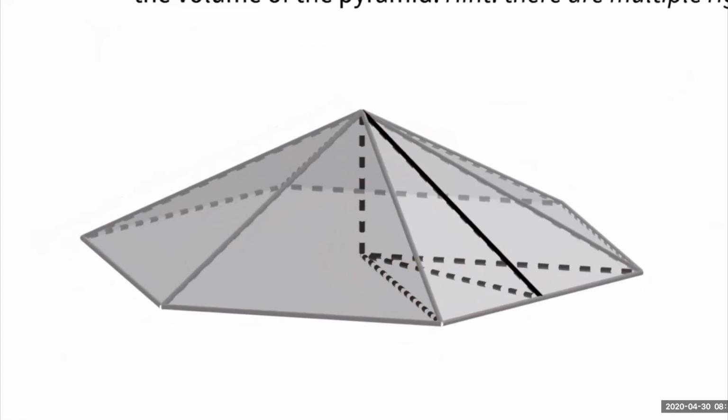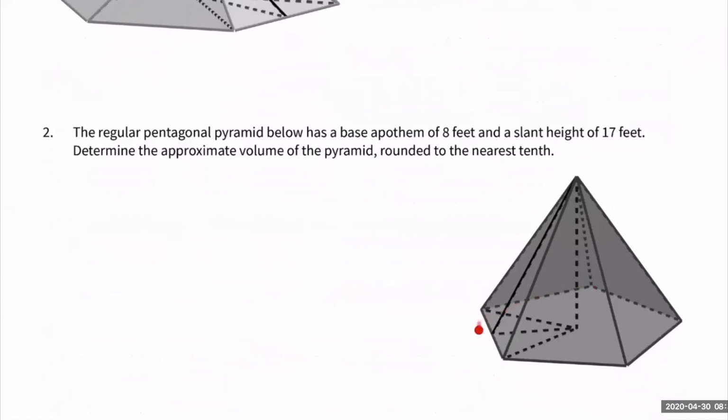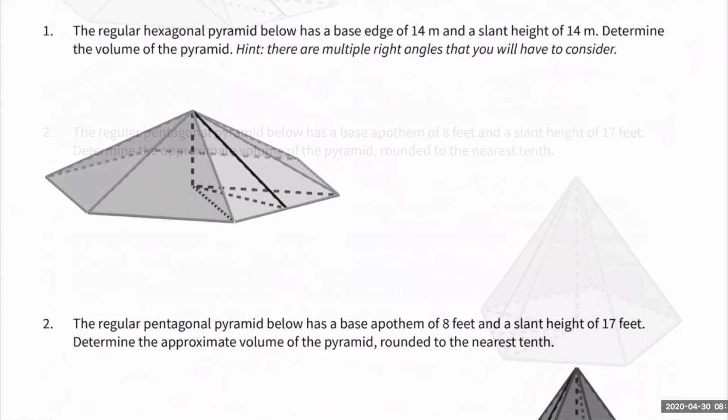All right, so just some hints for you to approach number one. And then just one last reminder that when you have a hexagon, there's no reason to do trig. You should be able to get an exact answer. Once we get to a pentagon, then you will probably need a trig function. So these two problems are